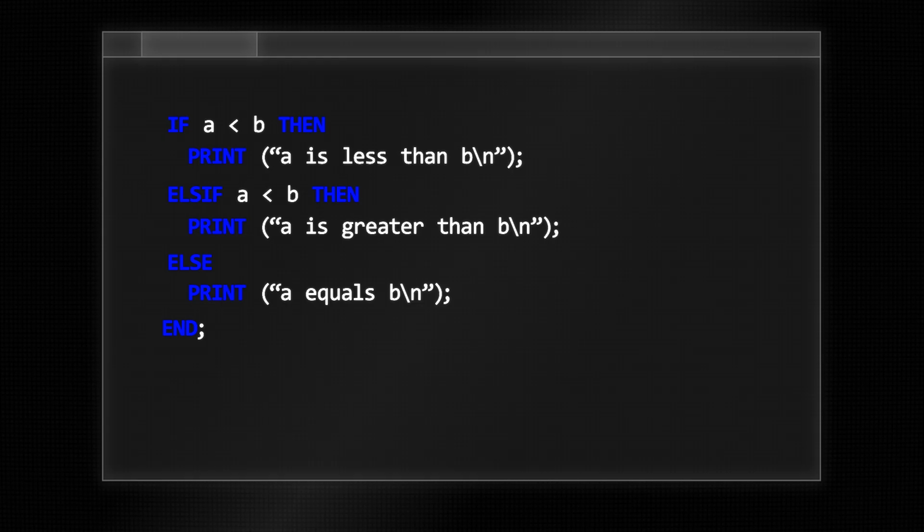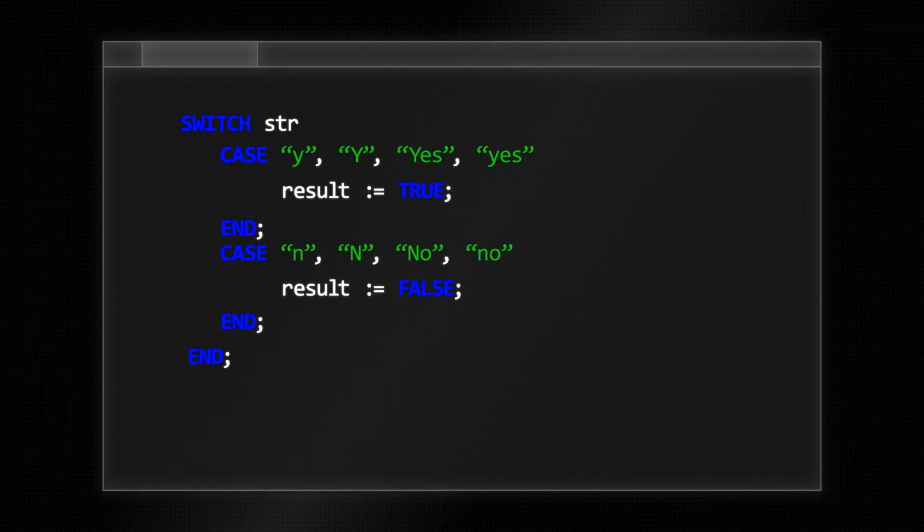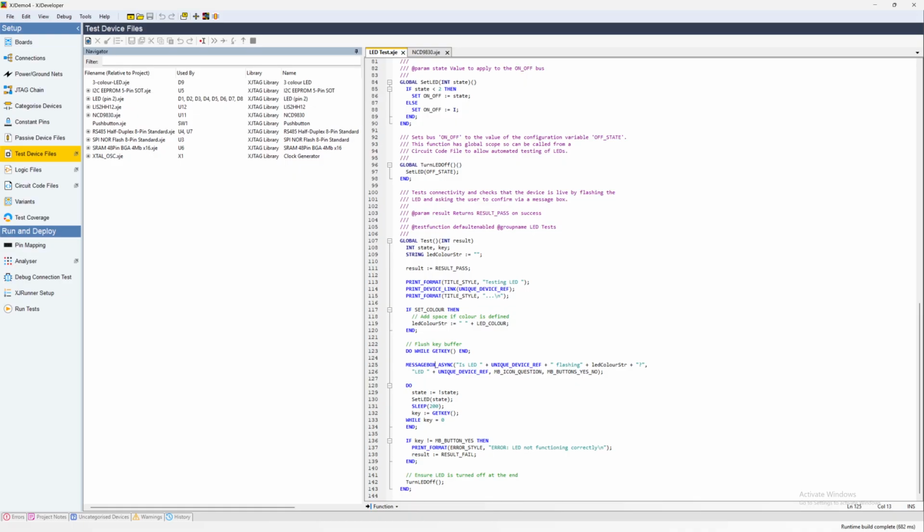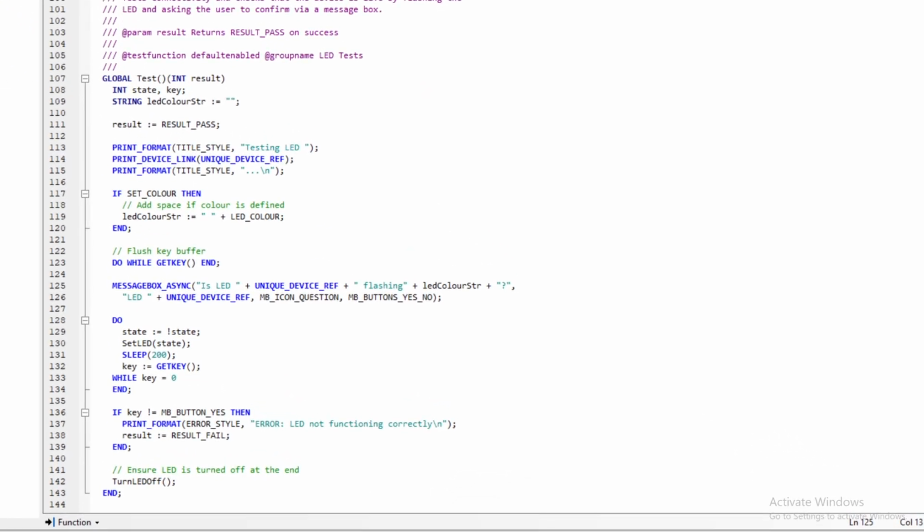The final one to show you is the switch statement, which is structured like this. Flow control is determined by matching an input parameter to a collection of integers or strings. You can also add a default clause at the end. Its statements are executed if none of the case statements matched. By the way, if you want help on a keyword, highlight it and press F1 on your keyboard.